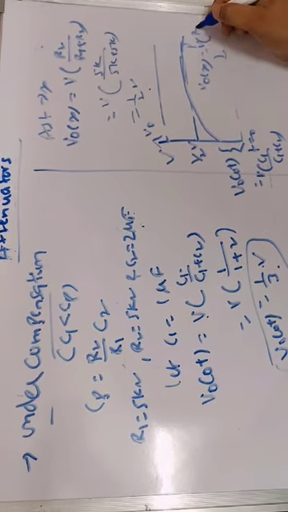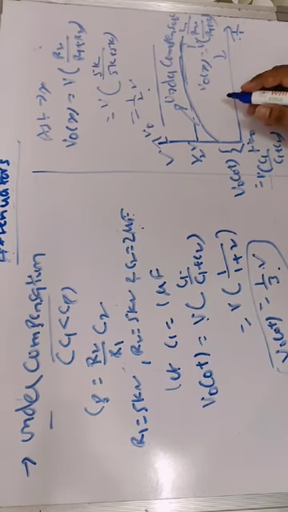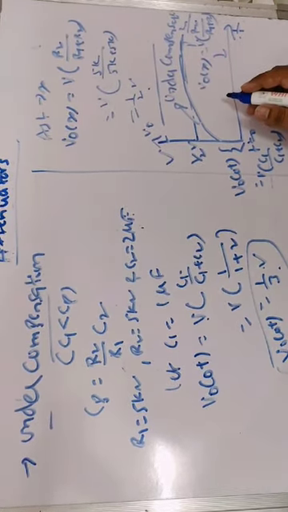So over and under compensations are not desirable in the case of attenuators. Perfect compensation is required at any time, whether at t equal to 0 or at t tends to infinity. The circuit should be independent of the capacitors. The circuit must be independent of capacitor, and only then it is called an ideal attenuator.